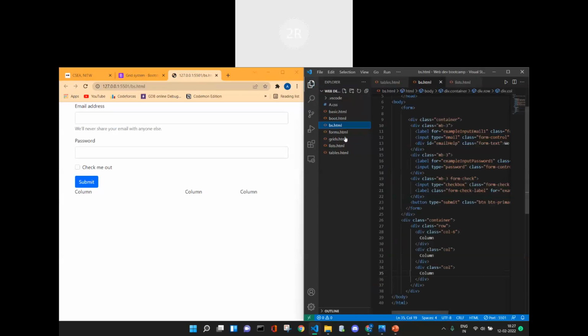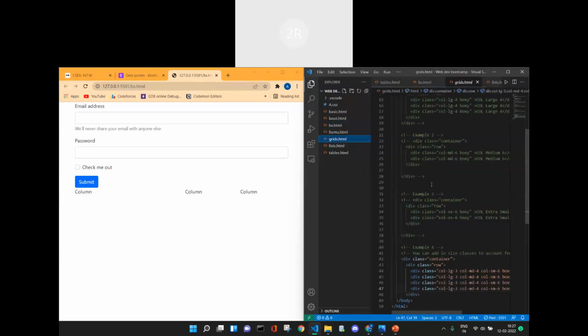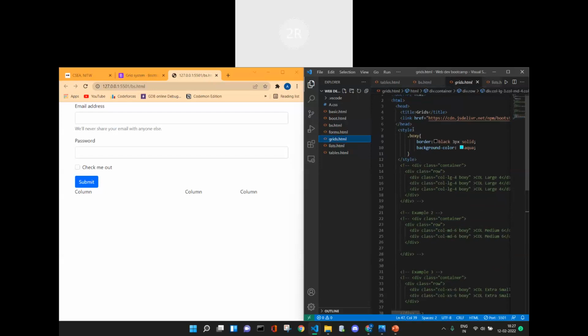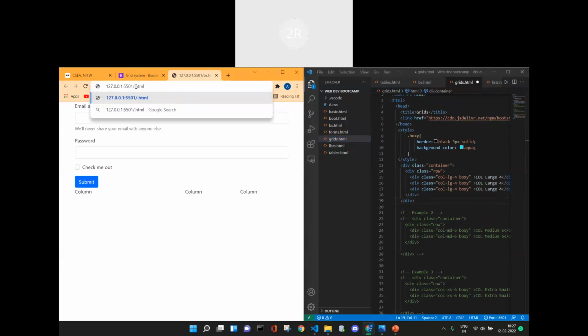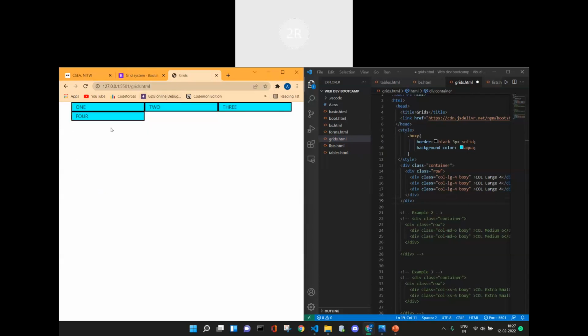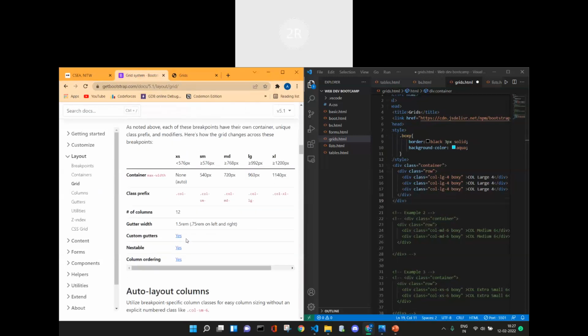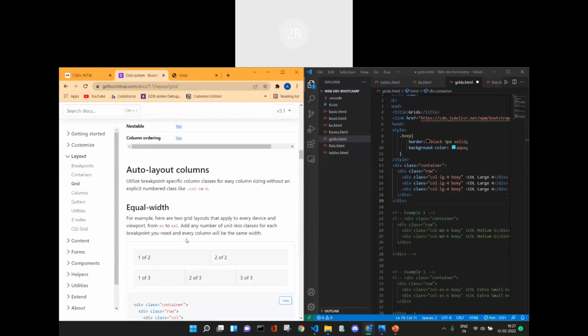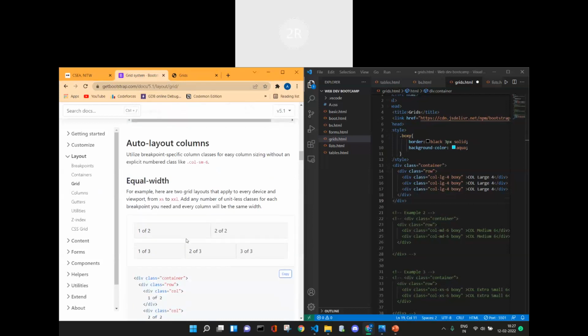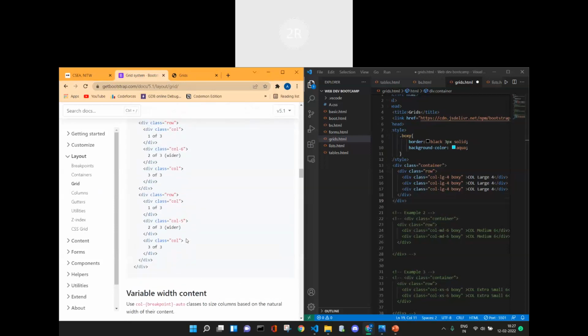Okay, grids. Yeah, I've already written it. You can see here, I have already added some border to this column so that you can easily see the border. Now I will run this. Yeah, it's grids.html. See here, 1, 2, 3, three columns are there, and here I have written col-lg-4. You can understand by going down here. Everything is mentioned, like what class name represents what and what type of styling each class does. You can see here, if you write col-6,